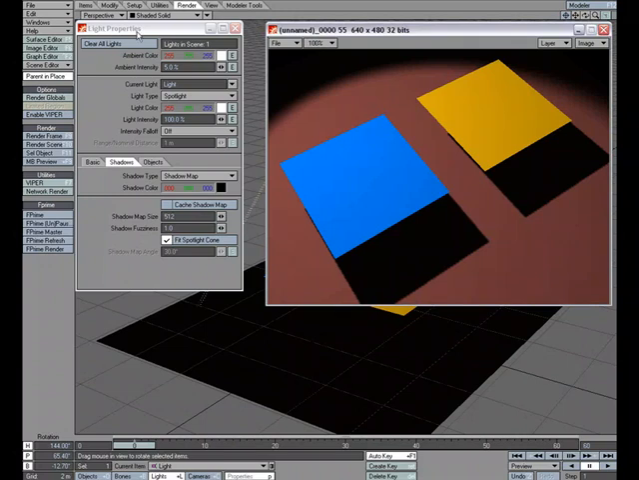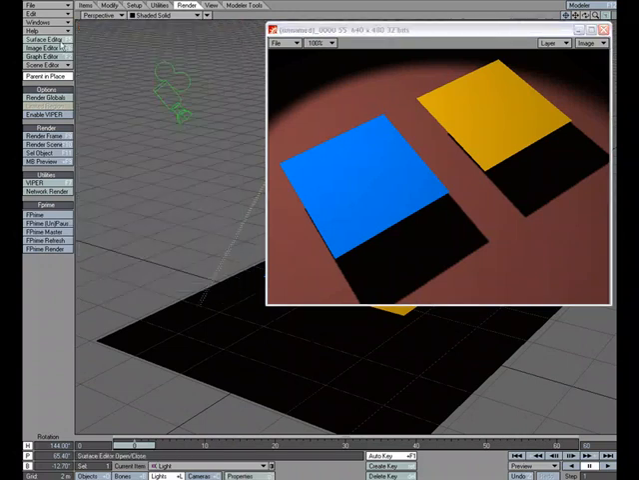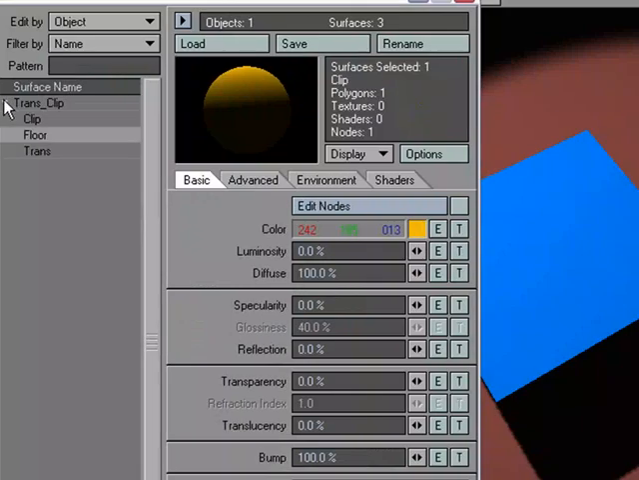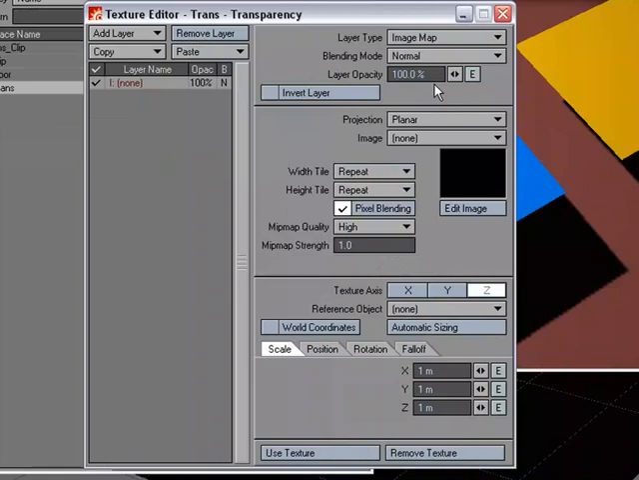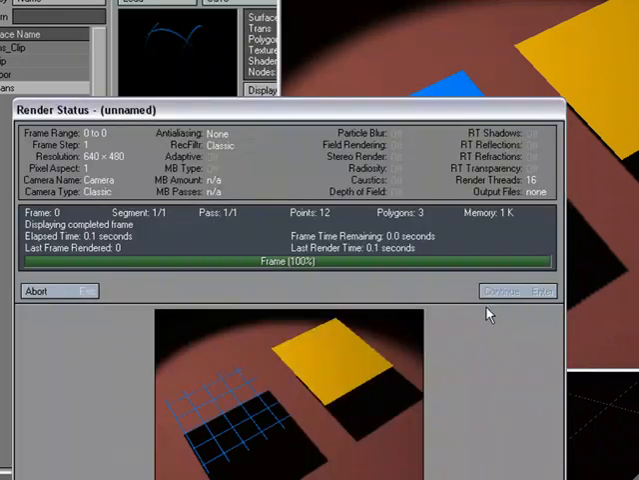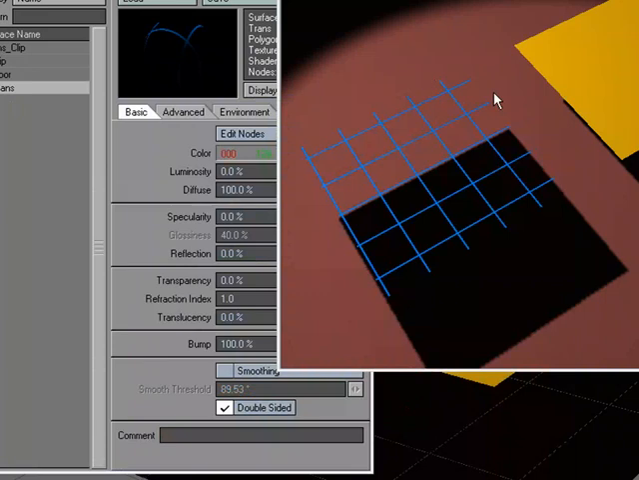So I'm going to go ahead and close the Light Properties panel down, open up the Surface Editor, and hop over to the blue square here, and under transparency, let's add an image map. So image map, planar in the Y, image, we'll just add like a grate. We'll add some lines. I'm going to size it down a little bit, use the texture, and there we go. We've got a grate, but we can see that our shadow is still this perfect square